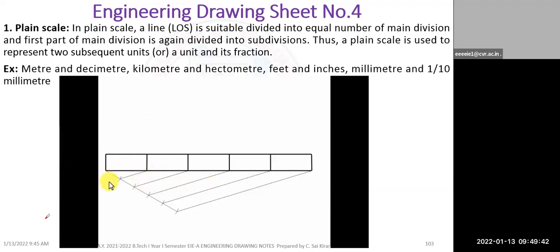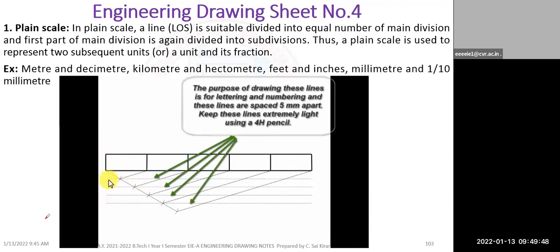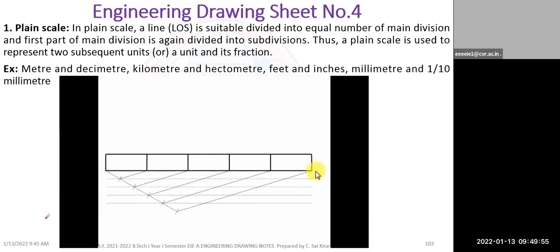I'll be drawing 4 lines over here. This is the first, second, third, fourth. Now you can clearly see the difference between this line and this line over here. This line appears as if it's very light, and you should use a 4H pencil for doing this. And this line which I have drawn can be drawn with the help of an H pencil. It should be dark. All right.